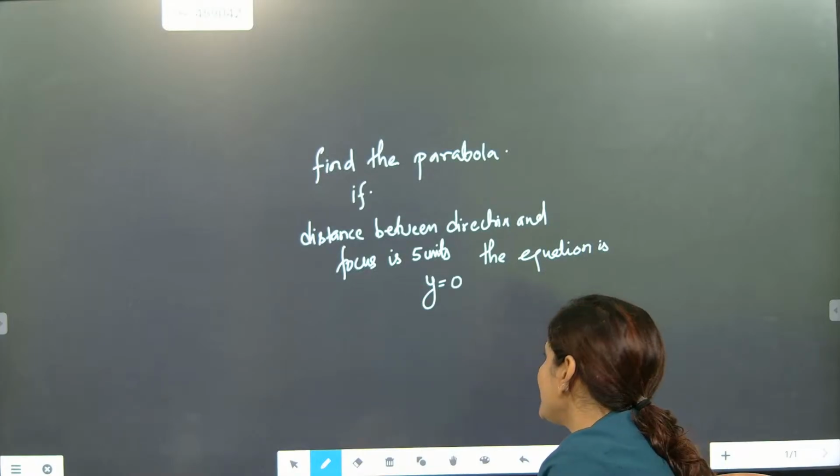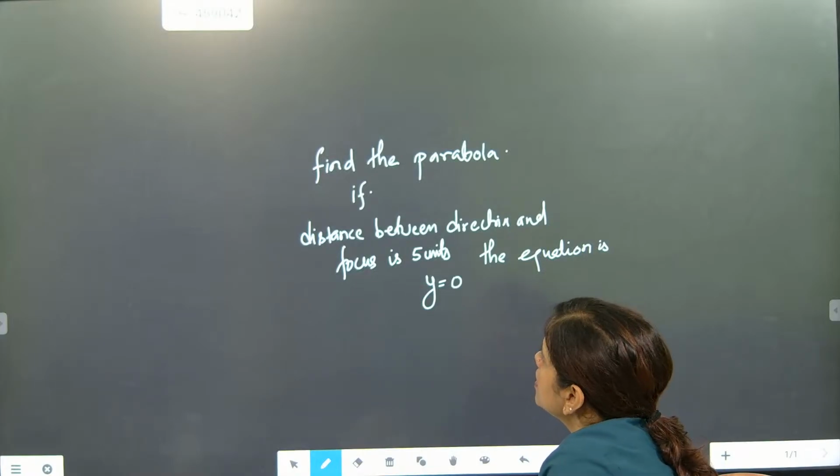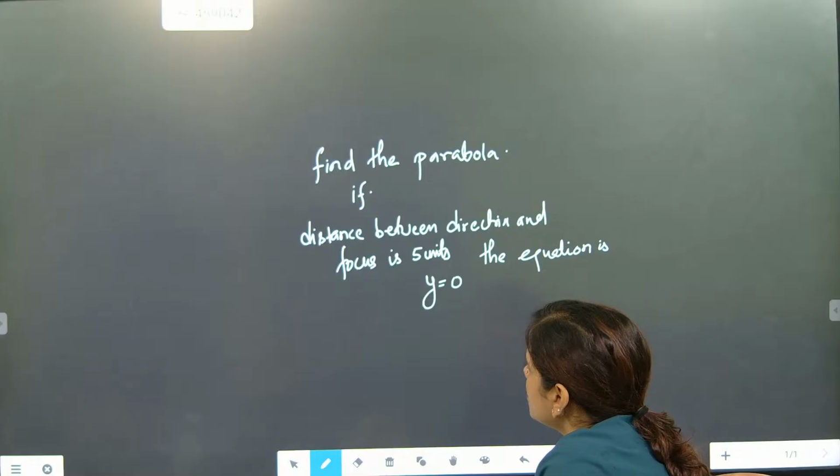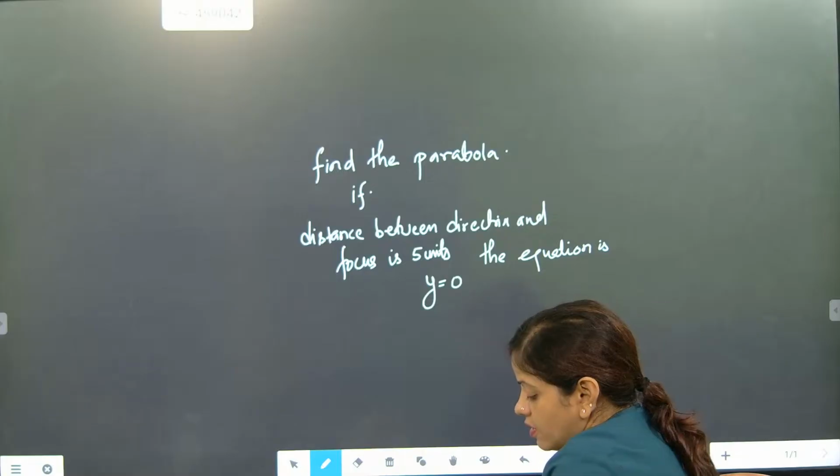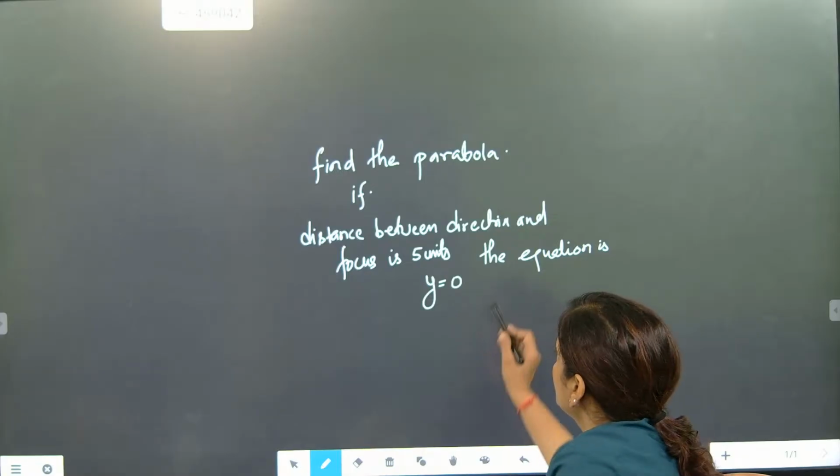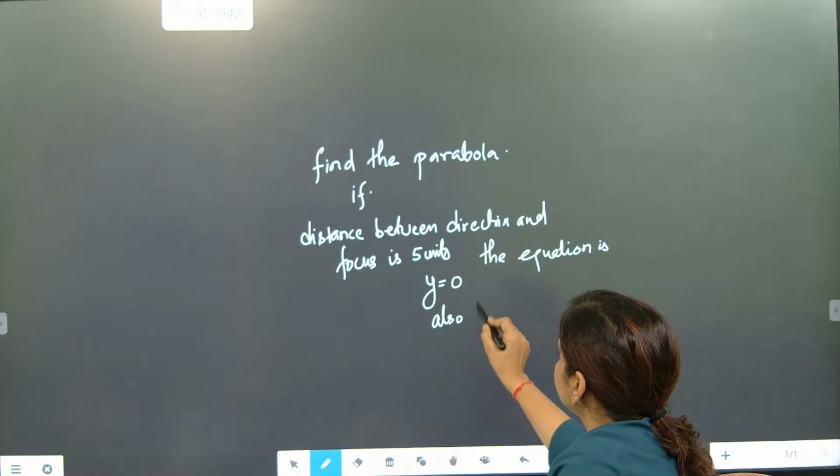So when the equation of axis is given as y equal to 0, then what can be the equation of parabola? Also find